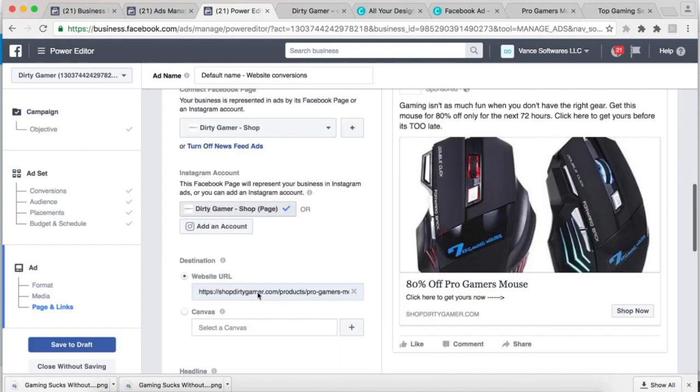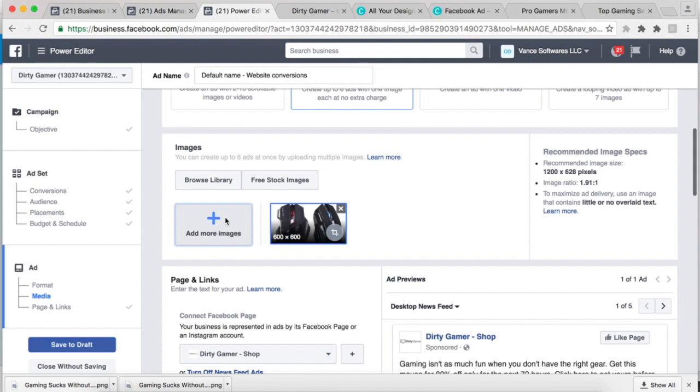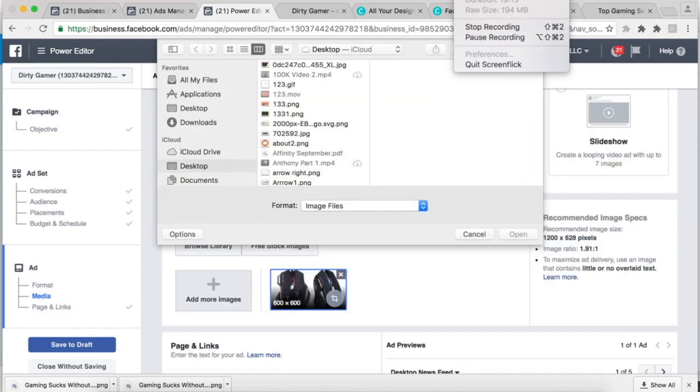That's all we have to do, except we need to actually upload an image. So let me go ahead and upload this image over here. Give it a few seconds while it loads up. I don't know why it's delaying and lagging out right now, but unfortunately it is. So give it a second as it kind of, there we go.